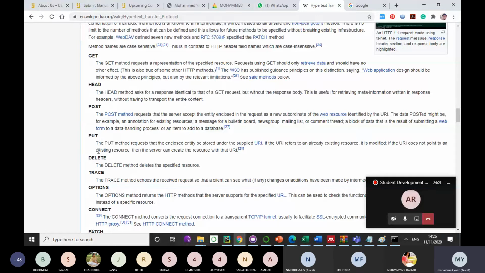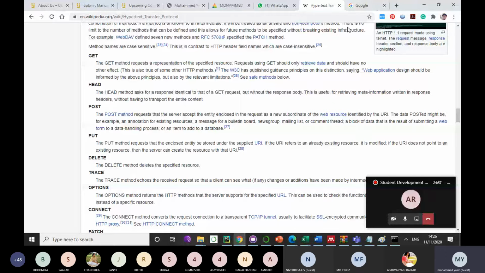The get method is basically a request to go and get an HTML file. The post method is where you are also sending data from your system to the other system. Like when you use a login page, you write your email ID and password in your system, not on the server. So this data has to be taken to the server, and the get method cannot be used there, so we use the post method. There is also a head method, which is only to see whether the server is alive or not.